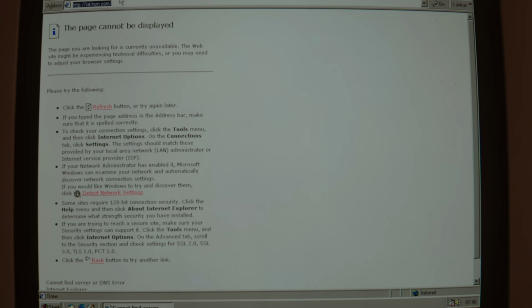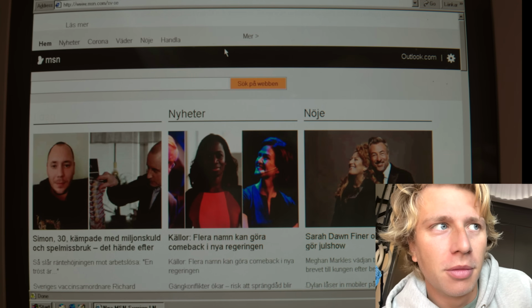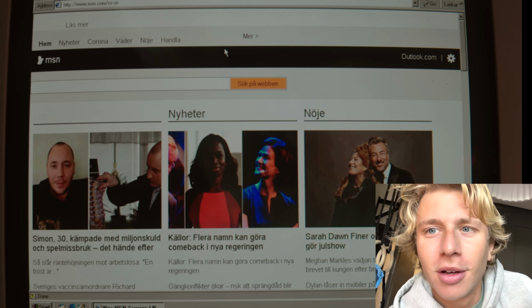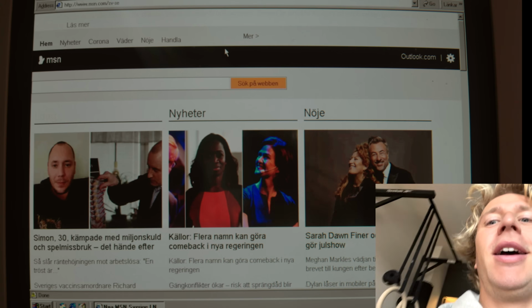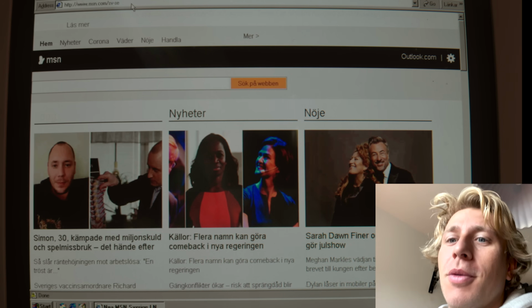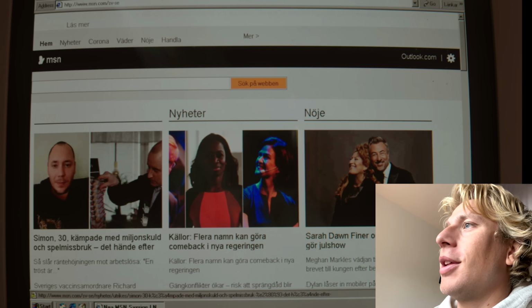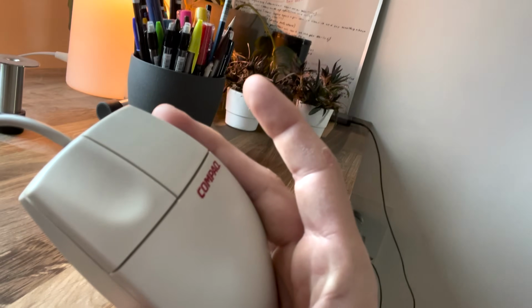Now we can try to go to the msn.com website that it wants us to go to. Okay, so I'm not really sure what happened, but now the website just loaded. And that's good and also not good, because it's good because the website now has loaded, but it also doesn't really tell me what the problem was. Oh, and there's no scroll wheel on the mouse either, so